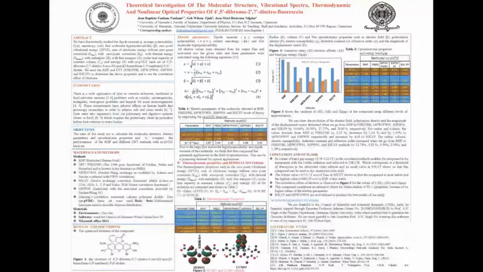Conclusion. Briefly, we used RHF and DFT approximations with the cc-pVDZ basis set to determine the electric, optoelectronic and thermodynamic properties of ES and B dye. We note that the B3LYP and MPW1PW91 methods are well suited to give the best results of our study. The correlation effect of electrons is important to determine the properties of